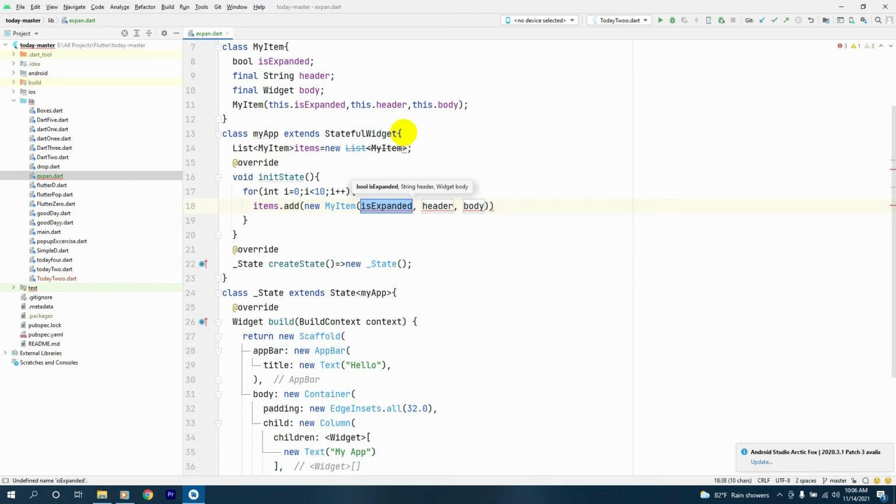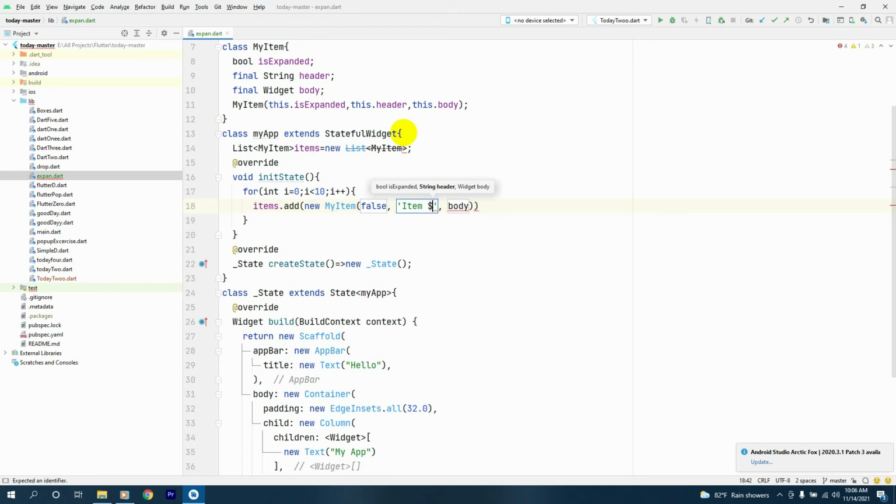And in here, first we'll say isExpanded as false. Then the header will be in brackets. The header will be Item